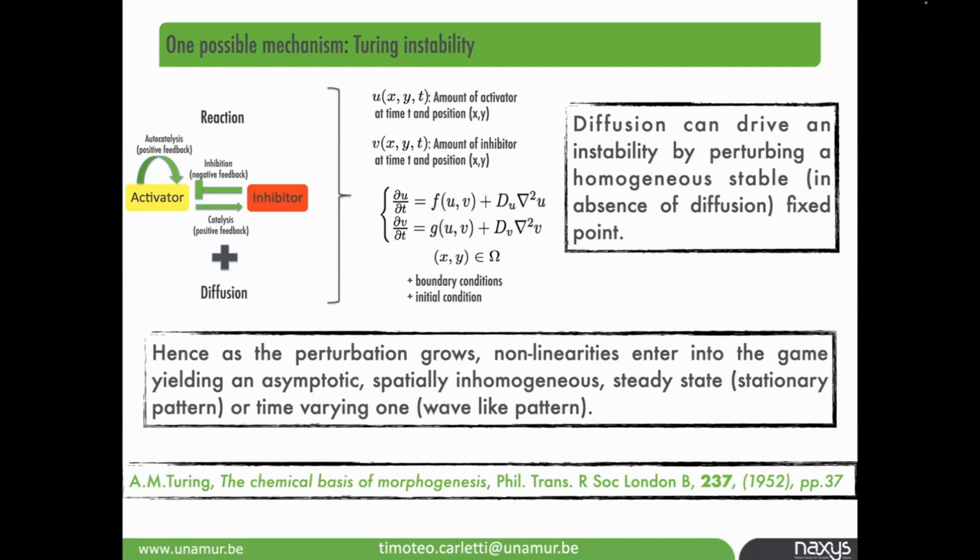Okay, and so this is the idea. This is a first order, so it can be studied in a linear way. But once the instability is set up, you have the growth of the solution from this initial condition, and then the nonlinearities that are hidden in F and G will promote the creation of pattern. And so the idea is that with a very simple mechanism, Turing was able to propose a possible creation of shapes, or morphogenesis, from a simple embryo.